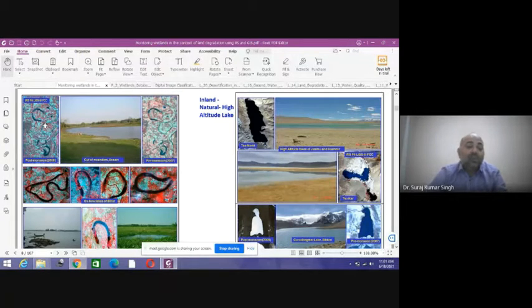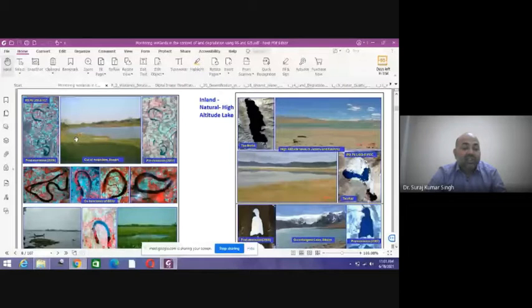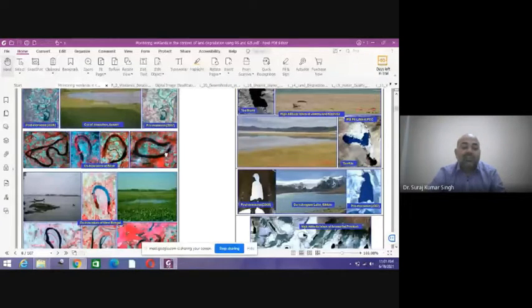How will it look? It will look like an oxbow, like a horse bow. You can see that these oxbow lakes are seen as black in color with an oxbow shape. So you can easily identify those features on a satellite image.